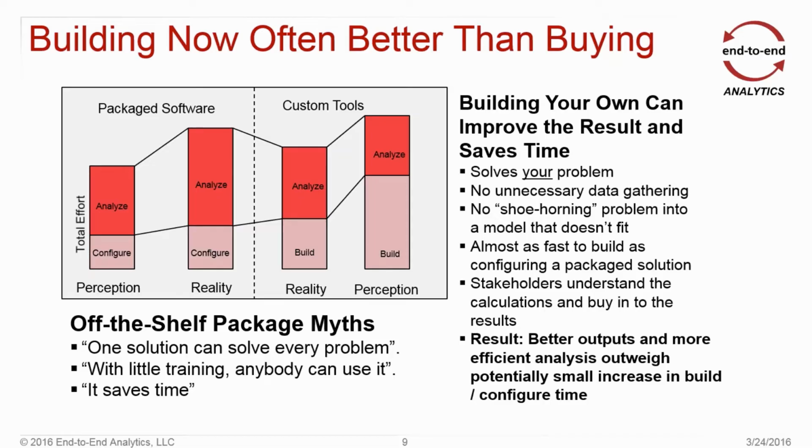So what do we see when you build your own? Now moving to the text on the right. Well, one of the most important things is it solves just your problem. And the wonderful thing is when you build a solution that just solves your problem, there are no bells and whistles that solve anybody else's problem. And so you have a much simpler solution to work with, both in the design and the testing and the validation of it, but you start getting ancillary benefits, right? There's no unnecessary data gathering. Everything in that tool was put there for a purpose, and it's your purpose.